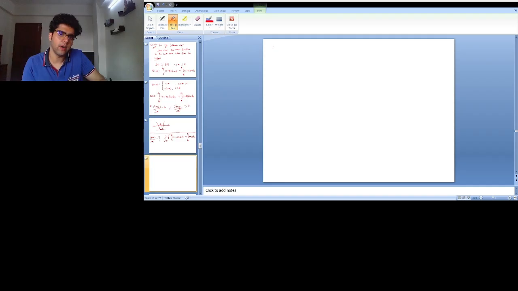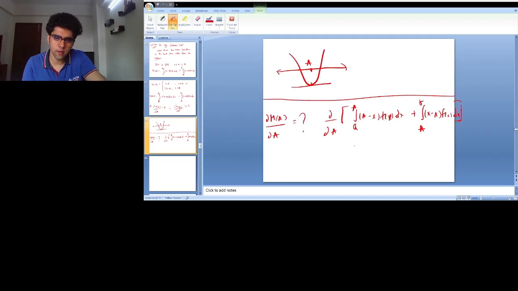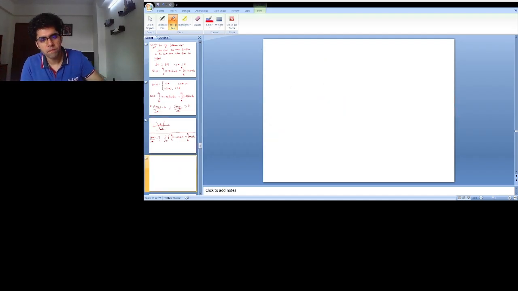So I need to find the derivative of this whole expression with respect to a. Now I'll be writing one formula. Whenever we have any function f(x, theta) dx, where the limits are, for example, from small a to small b, where a and b can be anything, this is just a formula, right? And we need to find del by del theta, right? So the formula is, for finding the partial derivative of this expression with respect to theta,